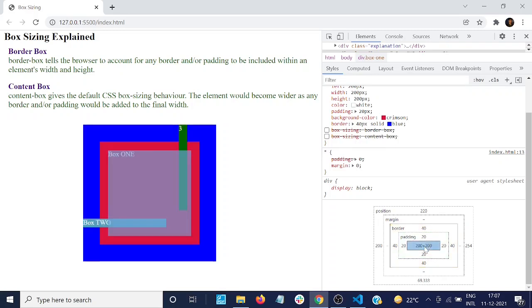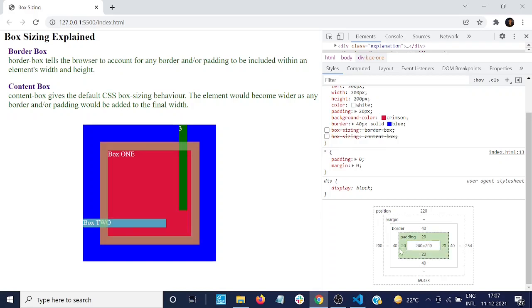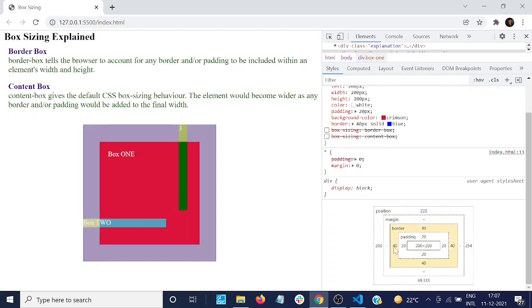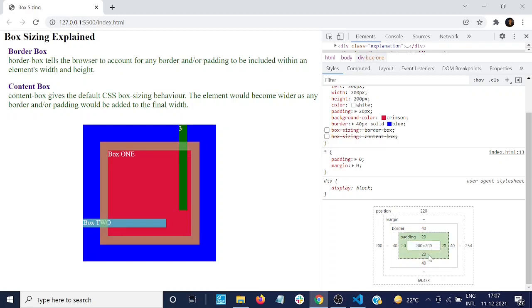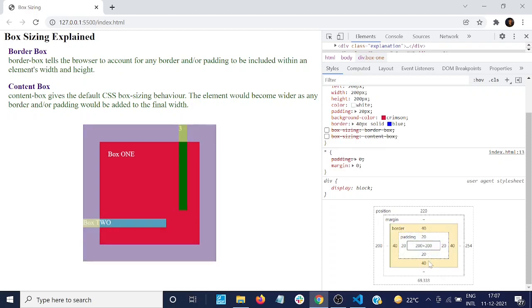So in total, the width of box 1 would be 200 pixel, the original thing, plus 20 pixel plus 40 pixel on the left and right side. So it would be 40 plus 20, 60 on the left side and 60 on the right side. So in total, the width of box 1 would be 320 pixel.